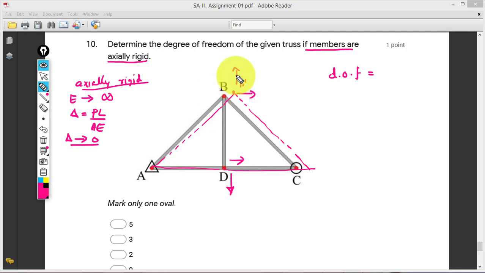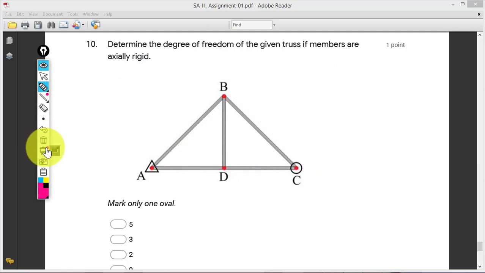If the members are rigid, there won't be any vertical displacement and there won't be any horizontal displacement. The meaning of having a horizontal or vertical displacement is its physical effect on the members: the lengths of the members are changing. The position of A is not changing, and the position of B is going somewhere else, so there will be some change in length. The change can be an increase or a decrease. If the members are rigid, any kind of movement will not be possible.